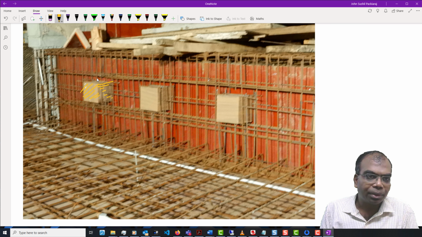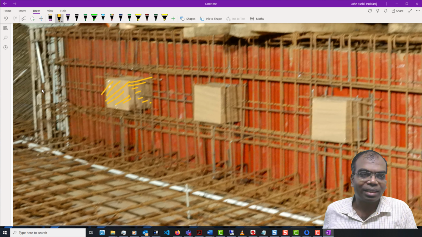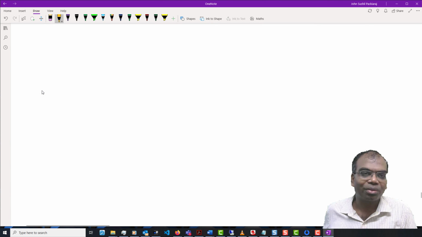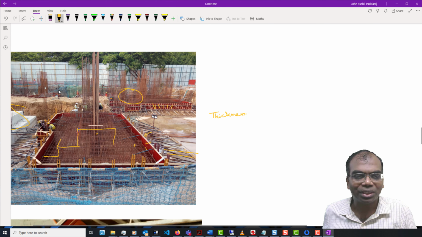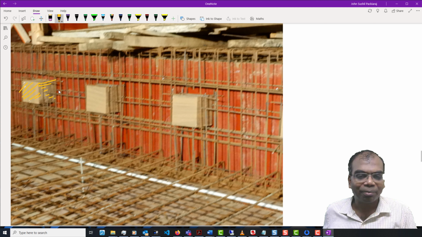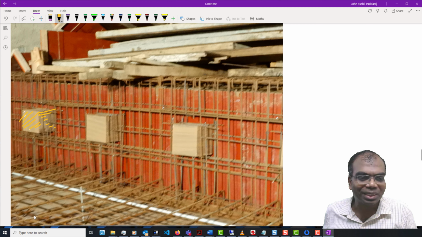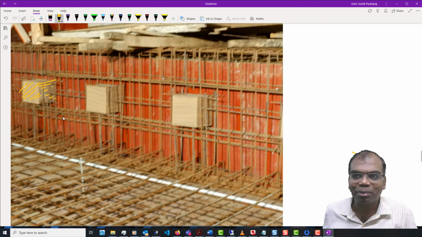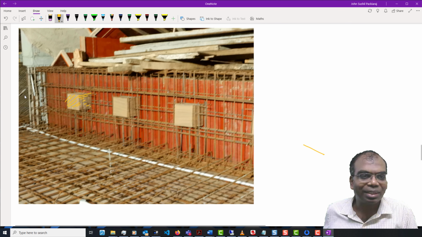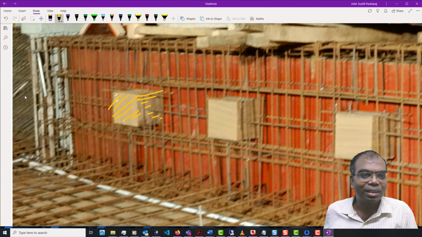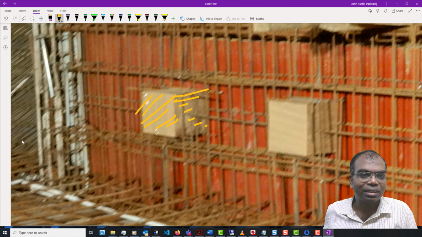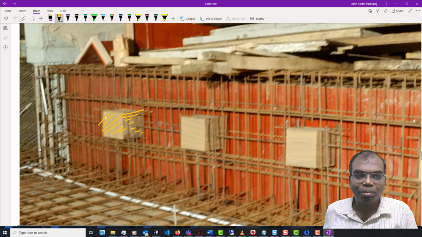Somebody was asking me about electrical conduits. Can you see the number of conduits which has been put? Wait a minute, I'm sorry, I kind of lost the position. Yes, here it is. I think you guys saw the picture which is there. A little bit of the magic may be lost, but anyway, I don't mind it. And on the side you can actually see an inclined shutter with the reinforcement also being done.